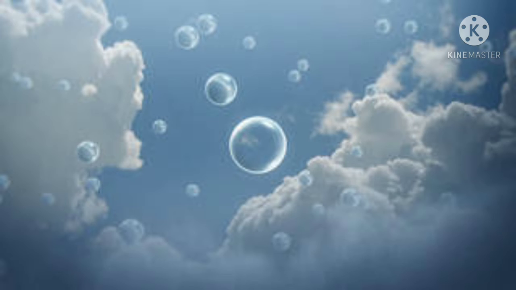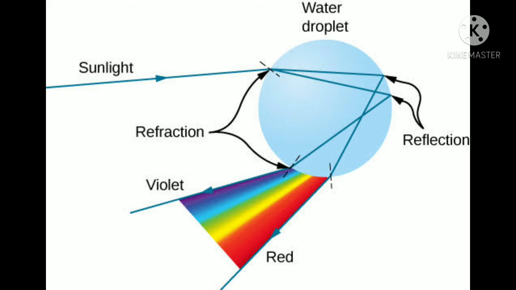See here, sunlight has passed through one water droplet I have shown, then refraction is done. The two arrows are there, it is in your book also. First, the red light is shown, it is refracted, then it comes out as red light from the other side of the water droplet. Then the violet light is shown, it is refracted, and again reflection is done at the water droplet surface.